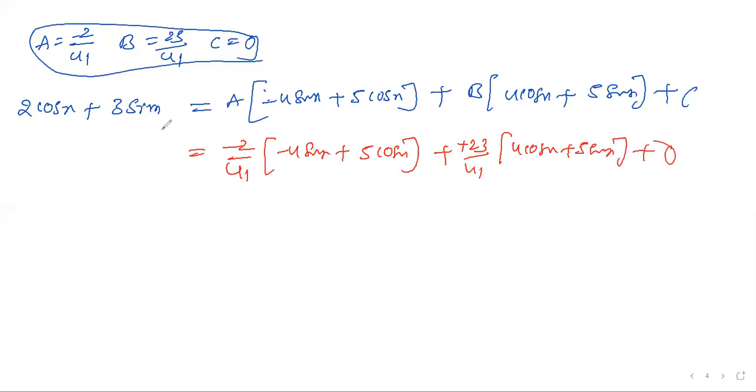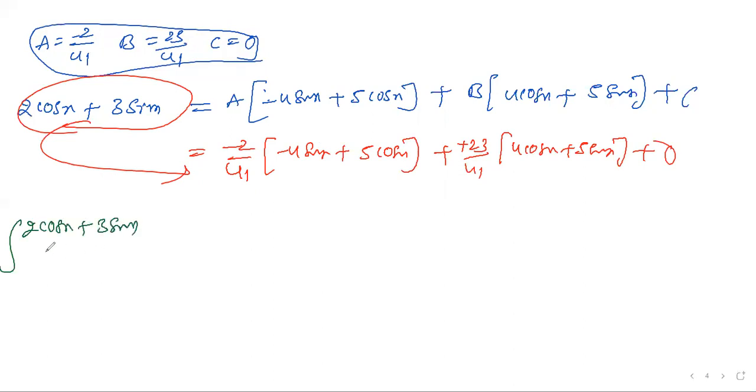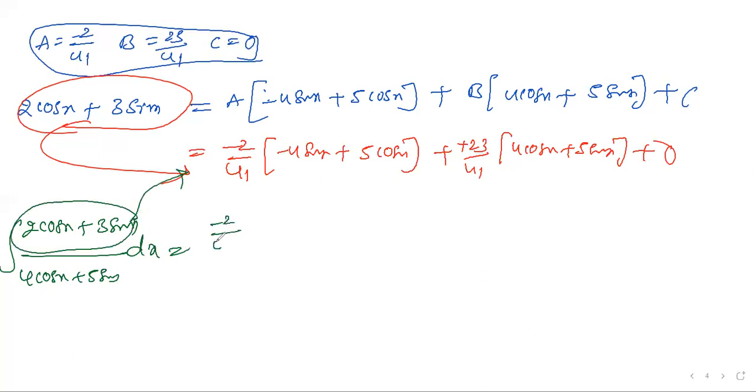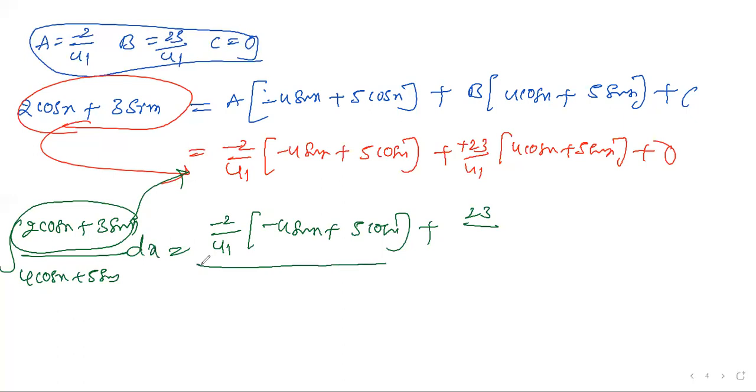Let c is equal to 0. Now this is the place where you substitute in the question. Now let us take the question. The question is the integration of (2 cos x plus 3 sin x) by (4 cos x plus 5 sin x) dx. So just change your numerator by this value. I'm copying the whole numerator: minus 2 by 41 times minus 4 sin x plus 5 cos x plus 23 by 41. Sorry for the inconvenience, I'm writing the denominator directly for each part, so this part by this part I'm writing 4 cos x plus 5 sin x.